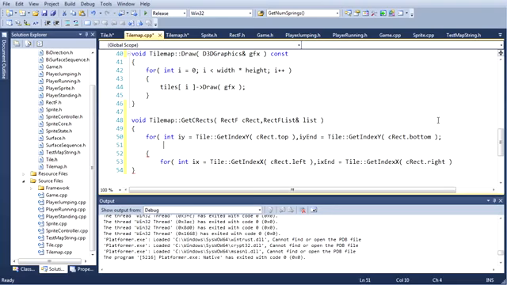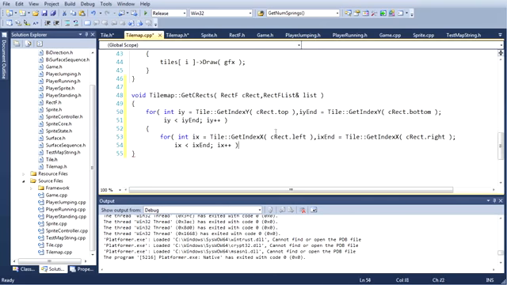Okay, now we need, as long as iy is less than iy end, iy plus plus. Here, as long as ix is less than ix end, ix plus plus. Good. Are we kosher? I believe we are. Okay. So let's do our magic in here. So here's where we actually do the list. So for each of these, we go if